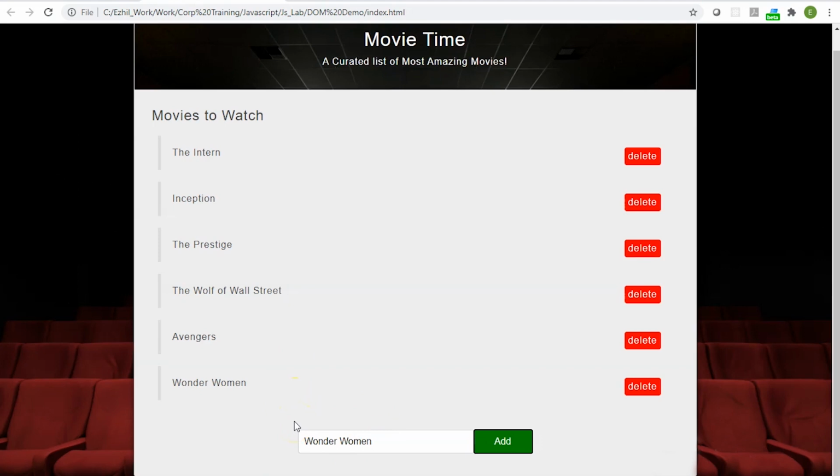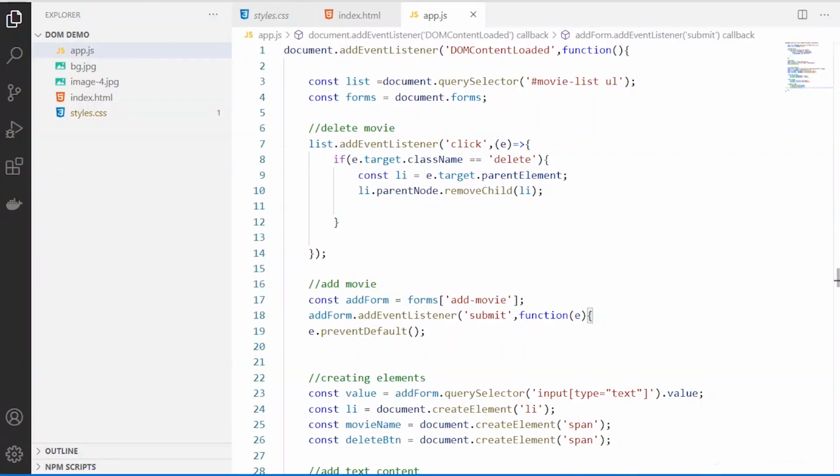You can try to validate this also, and say if I want to edit the existing movies, even that is completely possible. You can do that, or if you want, you can change only the style. So everything just with JavaScript. Without the HTML content at all, right from the heading to the footer to the content, everything you can create just with your JavaScript. So that is the power of JavaScript.